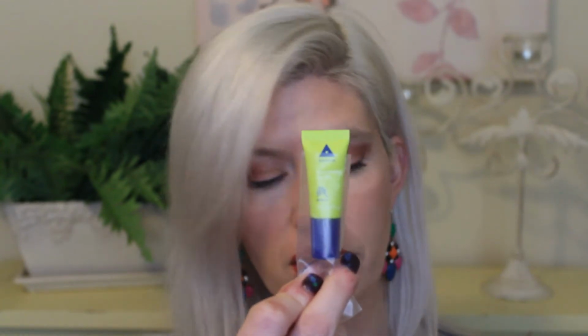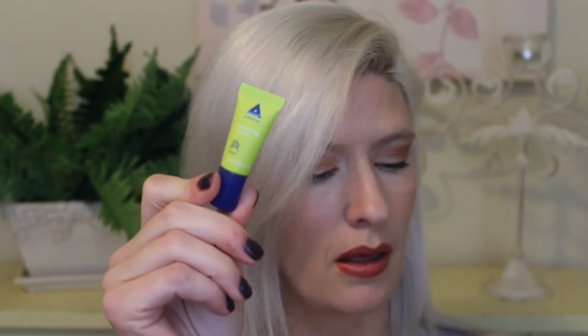Next product is the smallest sample of anything that I think I have ever seen. This is the Aero Nourishing Lip Oil Color Enhancing Pink. Oh, sorry for the doggos. A full-size product costs...